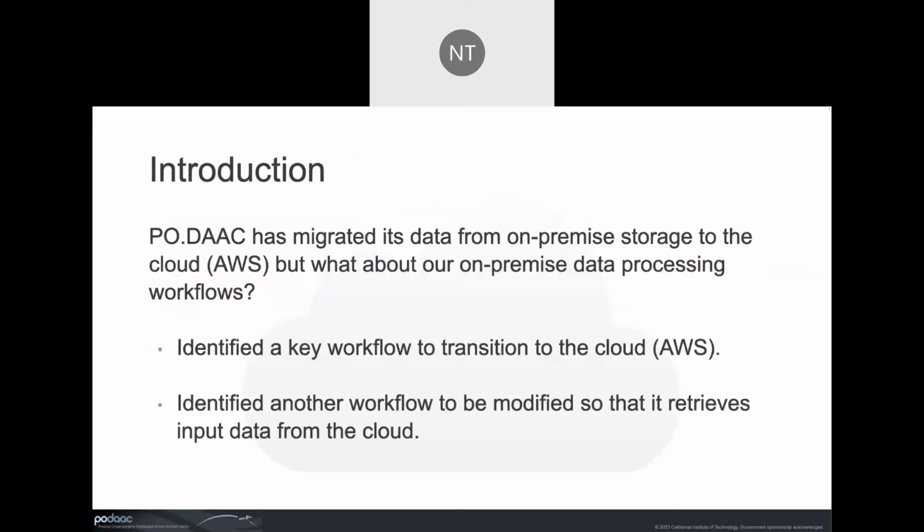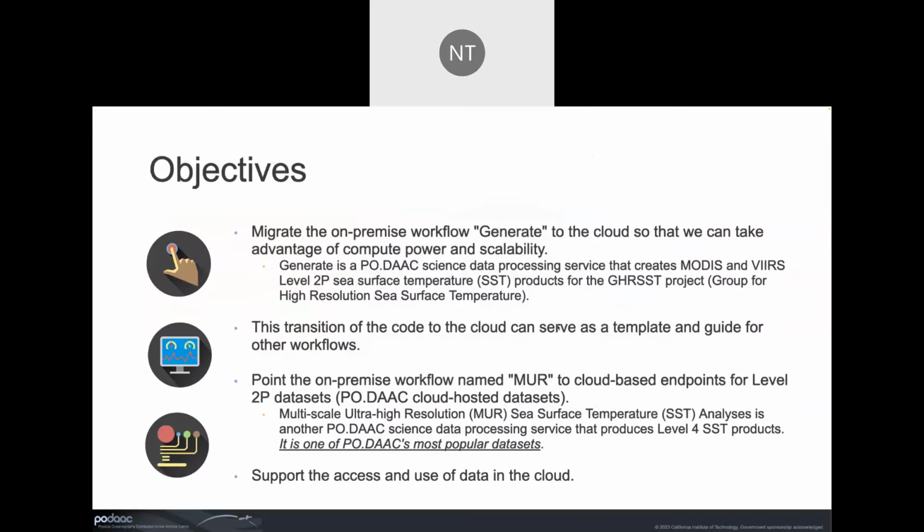So PO.DAAC, as mentioned, has migrated its data from on-premise storage to the cloud, but we were still running a few data processing workflows on-premise, which does not really align with the new cloud paradigm we see for data access and use. So we identified a key science data processing workflow that needed to be transitioned to the cloud, and another workflow that isn't quite cloud ready but needed to be modified so that it retrieves input data from the cloud. So the objectives around that work